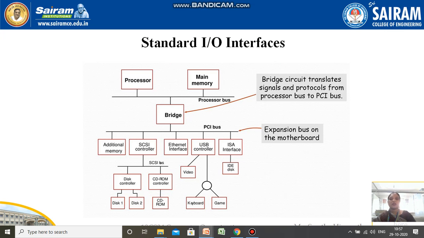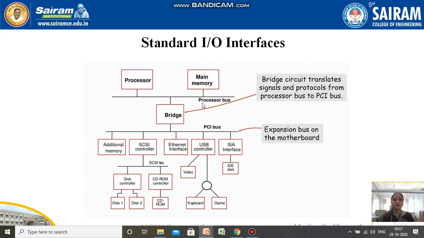Okay, so here in the diagram you can see a processor and main memory. Only these two units will be connected to the processor bus, and all other peripheral devices will be connected to the PCI bus. PCI bus is Peripheral Component Interconnect. The PCI bus and processor bus will be connected over a bridge.